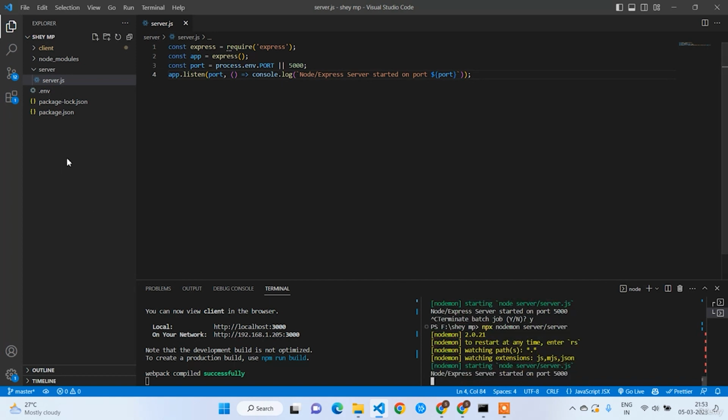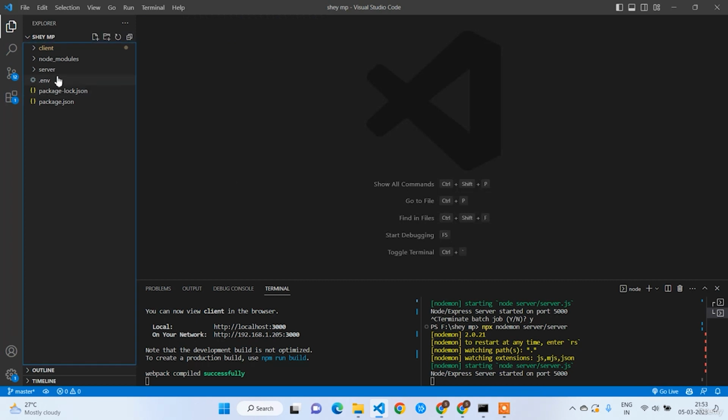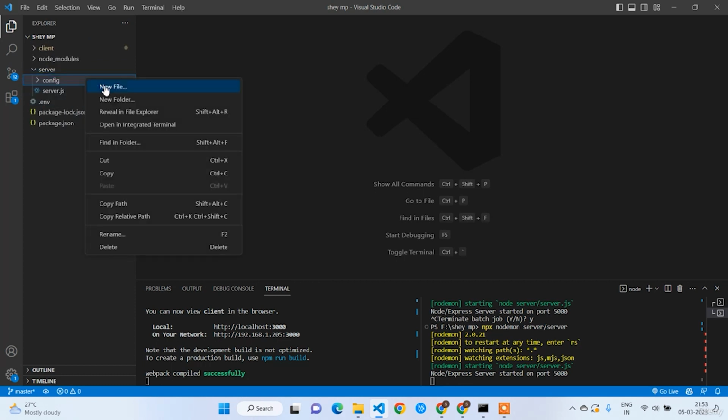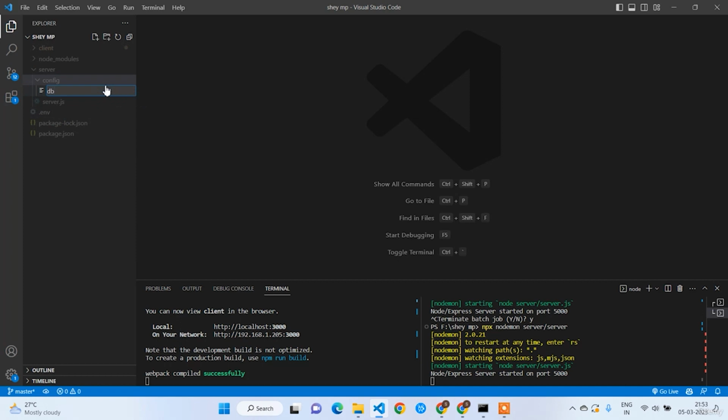Done. Okay, the server got restarted. Now we can use this MongoDB URL for the connection purpose. So let's close this server.js, go to the server folder and create a new folder called config. In this config folder, I'm going to create a new file called dbconfig, which is nothing but the database configuration